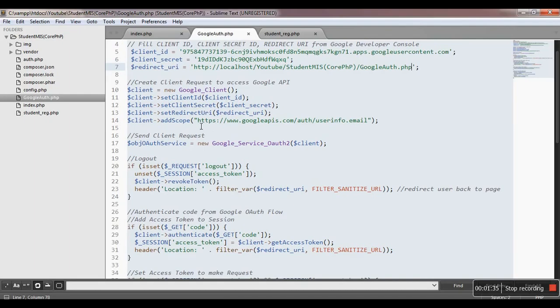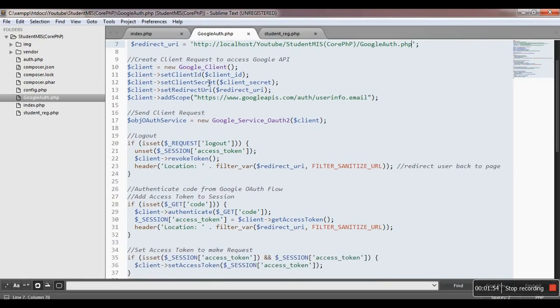If you are working on Google Drive, then you will have more scopes over here. If you need more information about a user, whatever Google offers you, in that case you will have more scopes. But as far as our application right now is concerned, we just need a single scope of userinfo.email. Next thing is we have created all the data that we need to send to Google.